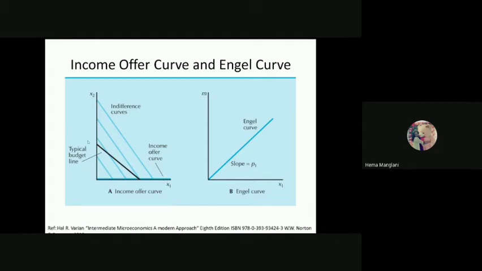So can you tell me what this line is indicating? This budget line, and what this horizontal line is revealing. Is there any idea about it? These are the fundamentals, okay. I'm just revising all these things before going into the advancements.